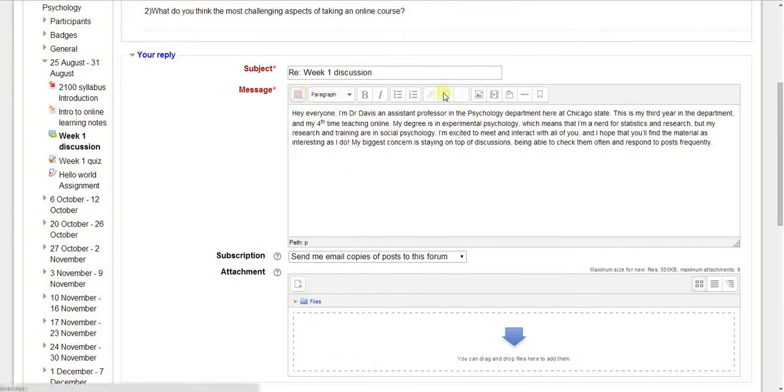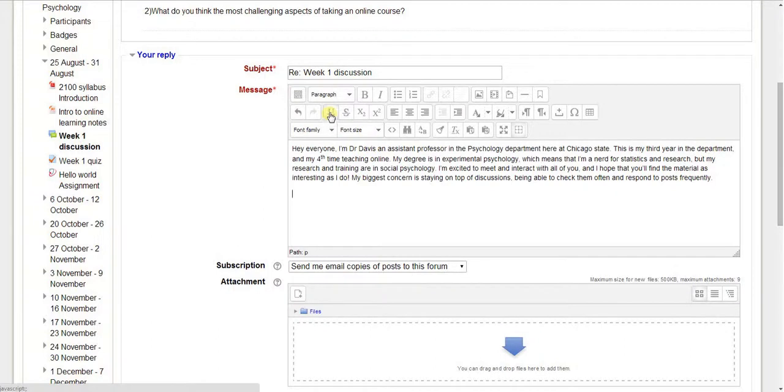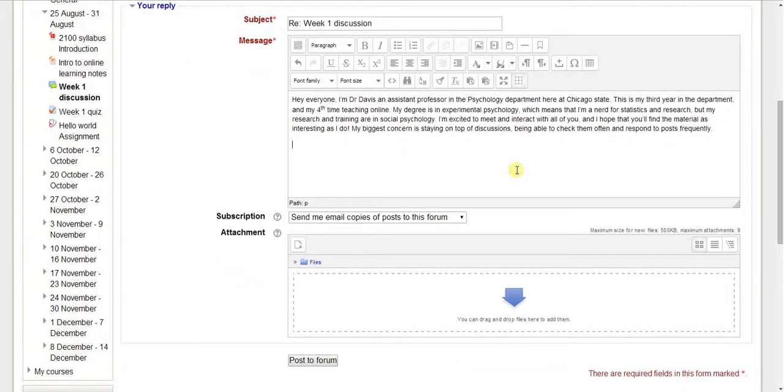There are also tools that you can use if you want to just type out a quick response in here. If you click this little button, it'll give you more tools. So you can bold and underline. It'll spell check. There's a lot of fun things you can play around with in here. Okay. Down here on subscription,